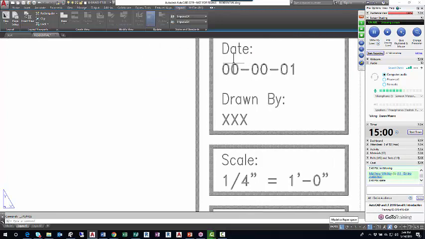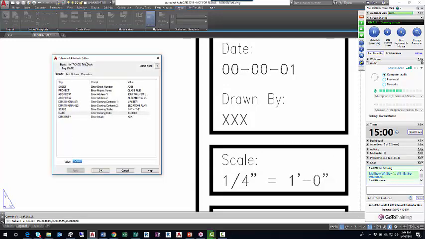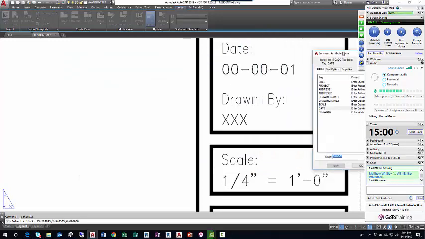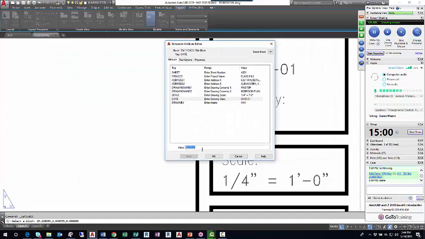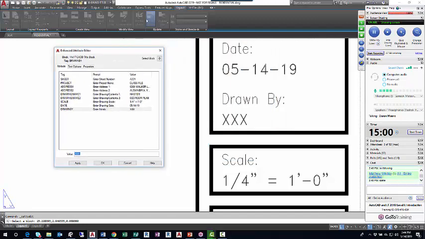The scale's not wrong. I could change the date. Like I'll double click on 00-00-01. I'll just double click on that. I just didn't quite get it. Double click on it. There we go. And so I'll edit this to say today's date, which is 5/14. So go 05. What are they using? Hyphens? Yeah, hyphens. Hyphen 14 hyphen 19, enter, and that actually paged me down to the drawn by, the triple X there,